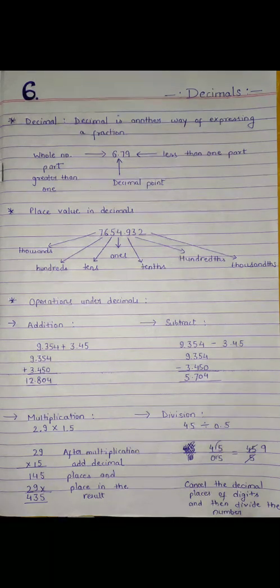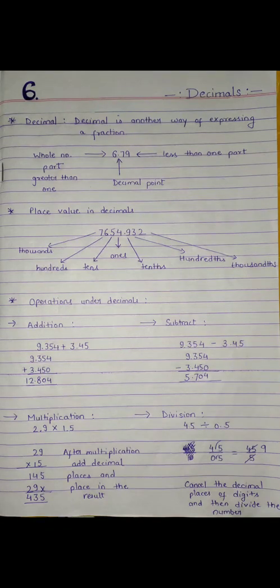Now, how to name their place values when it comes to decimals? In 4th class and in 5th class, in the earlier chapters, we have already understood what is ones, what is tens, what is hundred, and what is thousand. But how to pronounce when it comes to decimals? So in the second point, you can see very clearly I have made you understand how to name them and how to pronounce them.